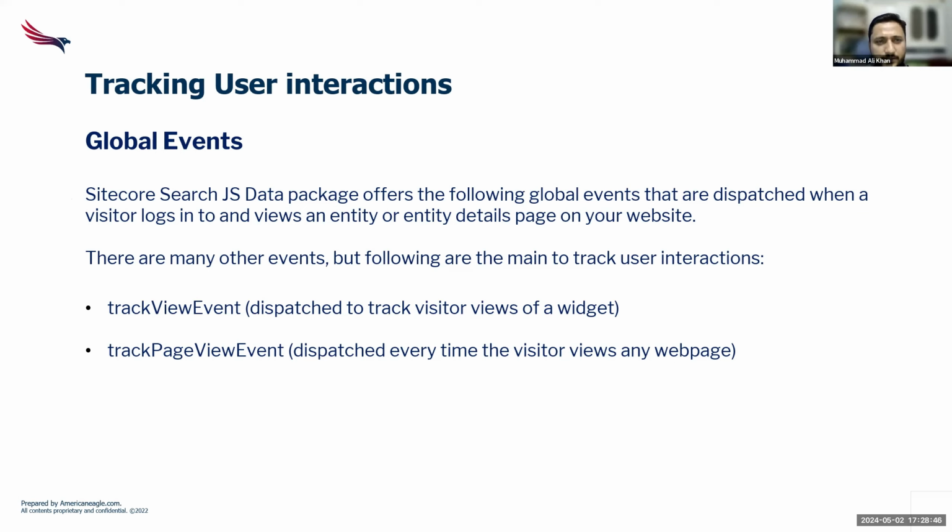So tracking user interactions, we have a couple of global events available directly in the SDK. There are two main events: track view event, which is usually dispatched when a visitor views our widget, and track page view event, which is dispatched when a visitor views our web page. Sometimes in other non-React based applications, we can use track view event, or in Next React based applications, we can use track page view event, because